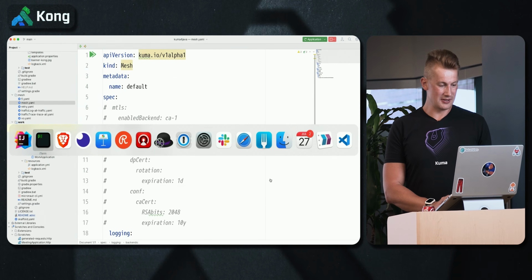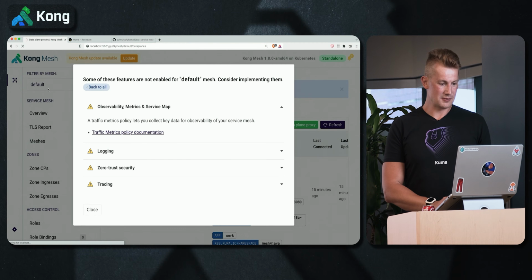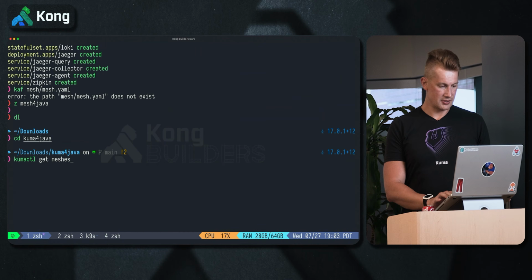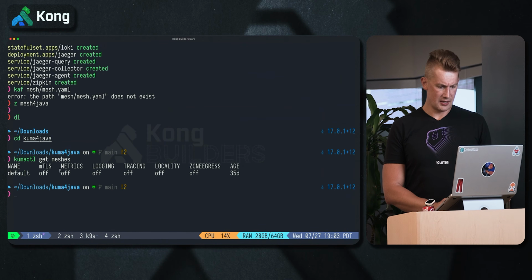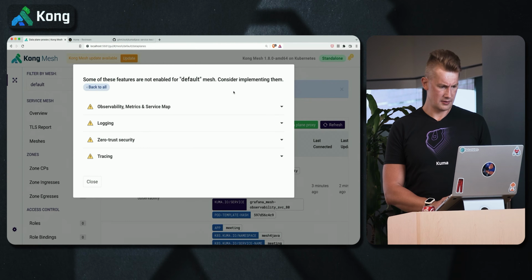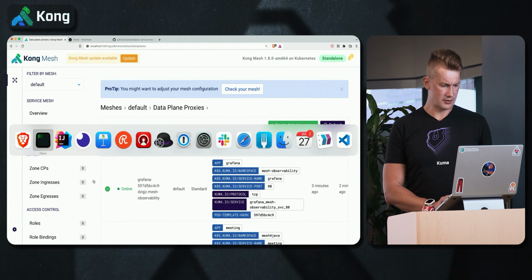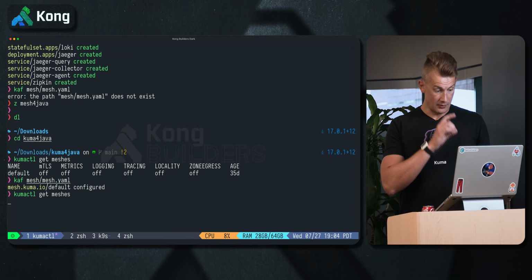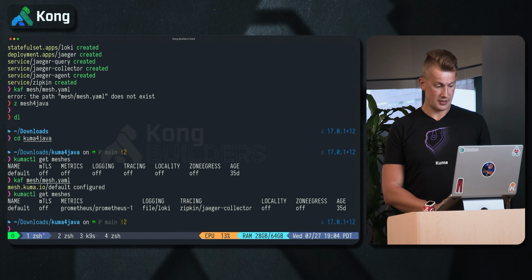So we install this. If I go to and refresh my screen, or I can do kube control get meshes. I will see that now this should be on. Why is it not? Didn't apply, because I didn't apply this thing. So I'll just do kube control apply mesh. Yeah, now when I get meshes, I have the metrics configured against the Prometheus, Loki against Loki, and